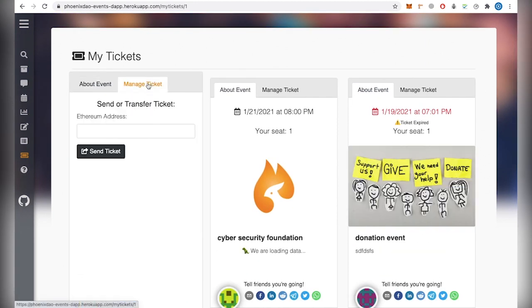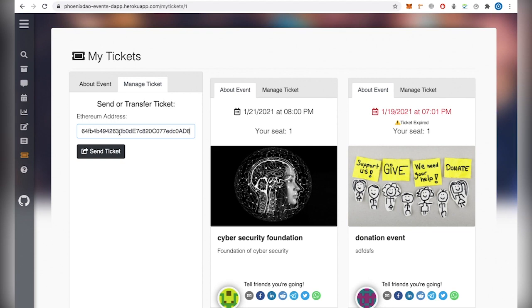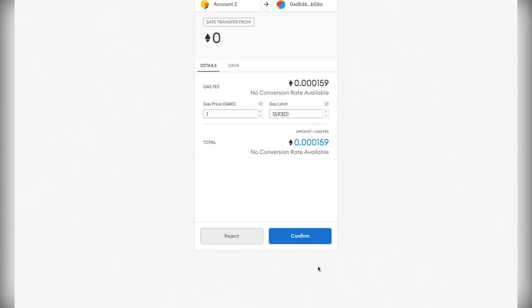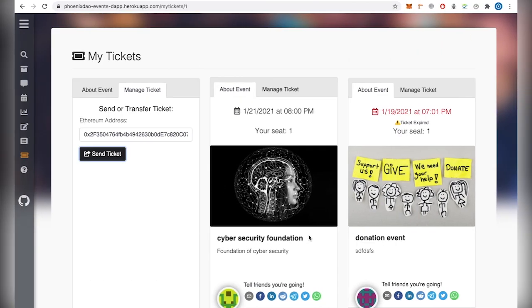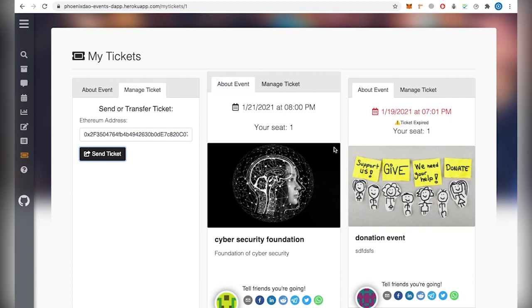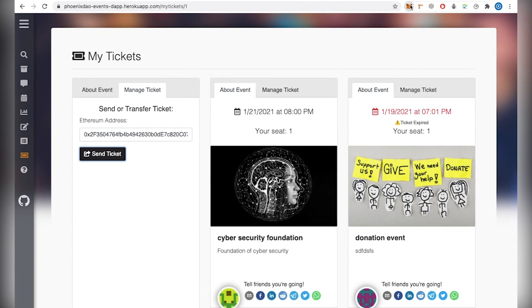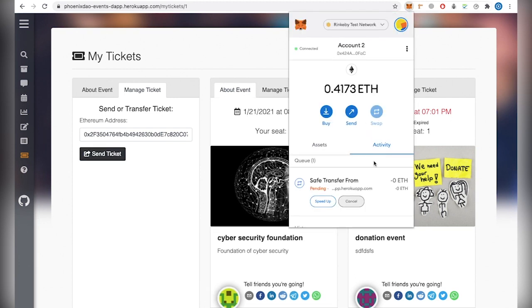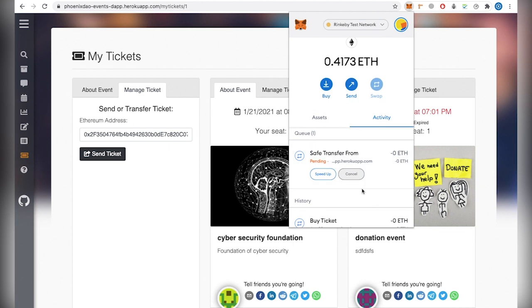Okay, let's send a ticket: paste the address here and send ticket. It will also ask for confirmation from the blockchain, and I have to confirm it from MetaMask, and it will take some time to send my ticket. You can see it in activity. Let's just wait for the confirmation.